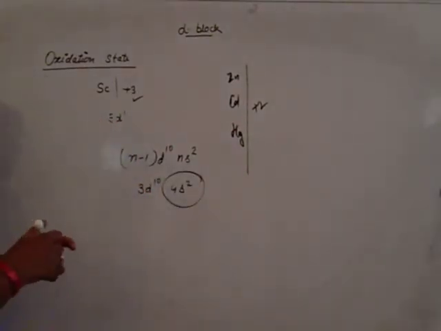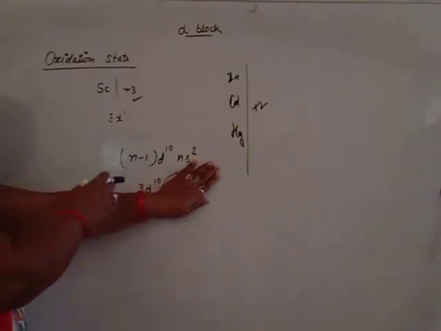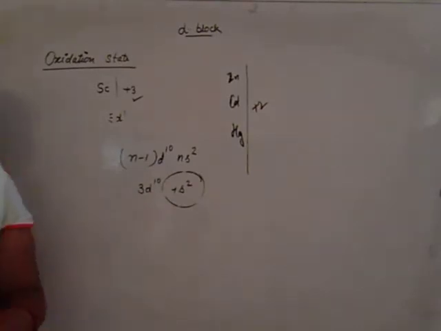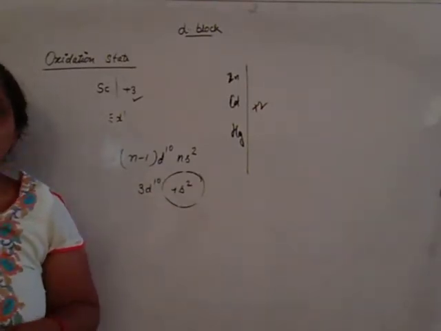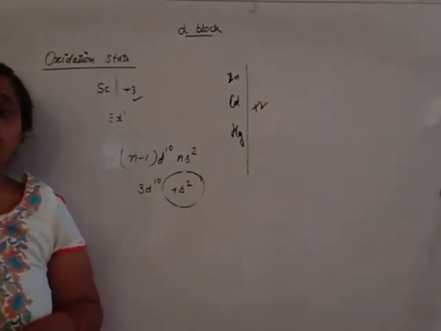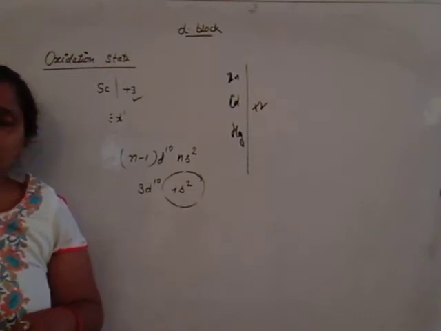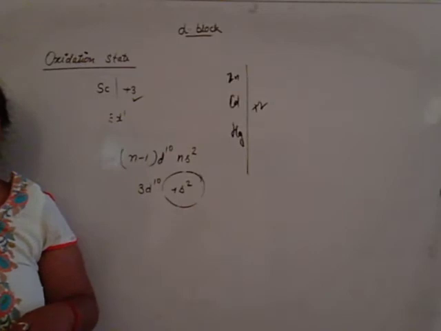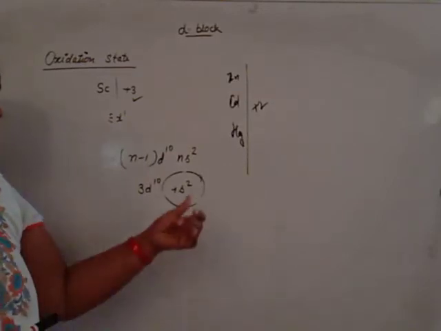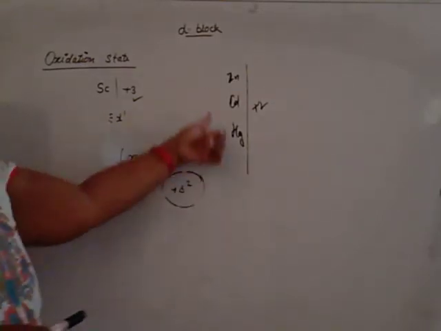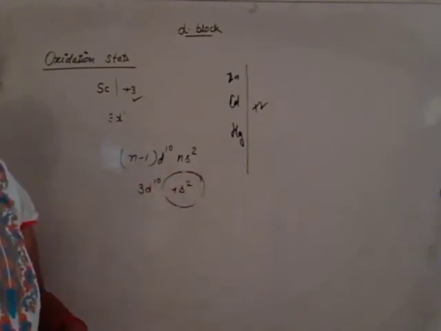By loss of these 2 electrons, they have a fully filled inner shell, and it is not possible to remove an electron from a fully filled inner shell because it requires a lot of ionization energy. That is not possible. So by loss of 2 electrons, they have only the +2 oxidation state.